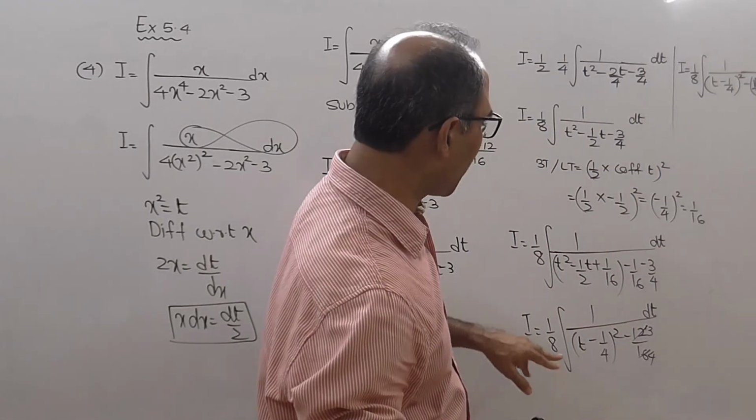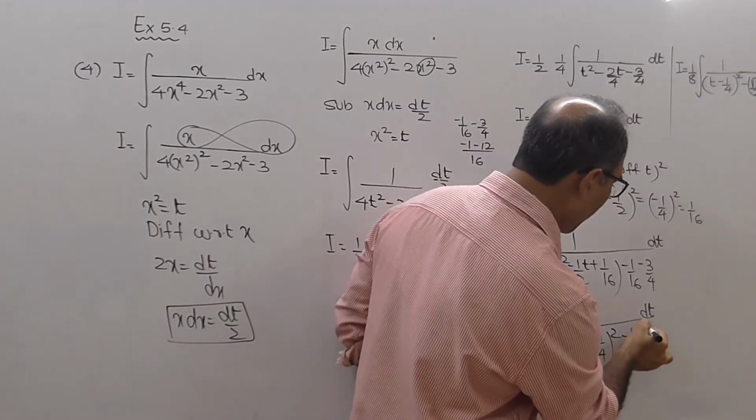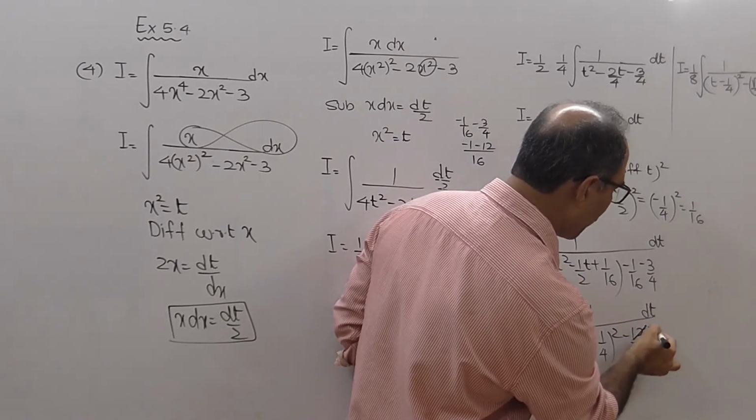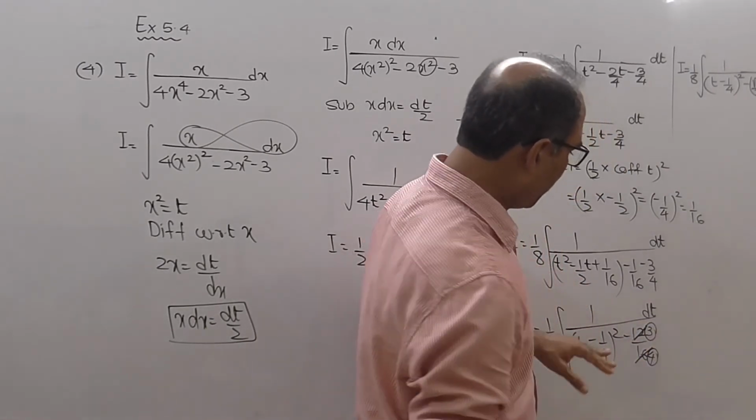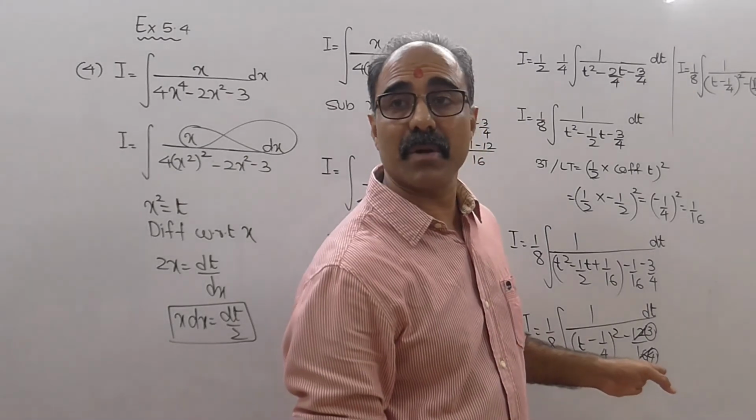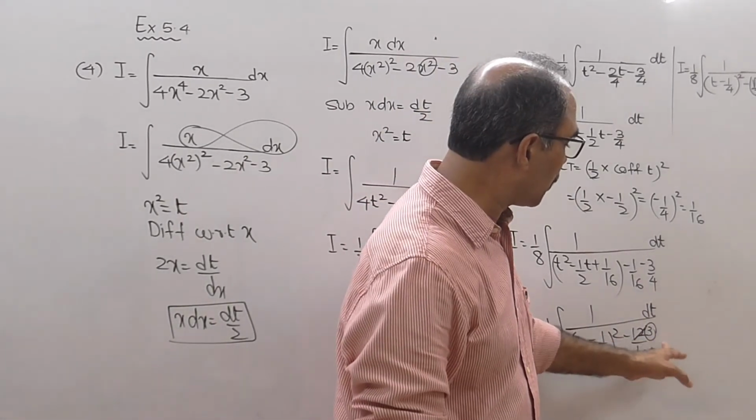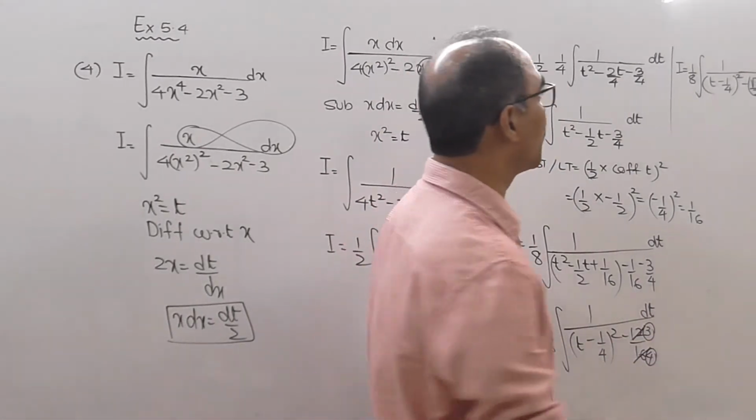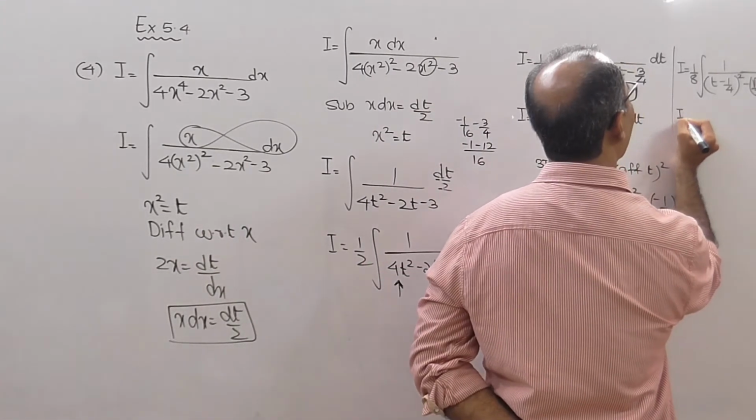I hope you're following what I'm trying to tell you. Here 4 will go here 3 times and 4 will go here 4 times. You get 3 and this is 4. So you have to make it in the form of x square minus a square. So you have to write this as root 3 upon 2 the whole square. So I equal to